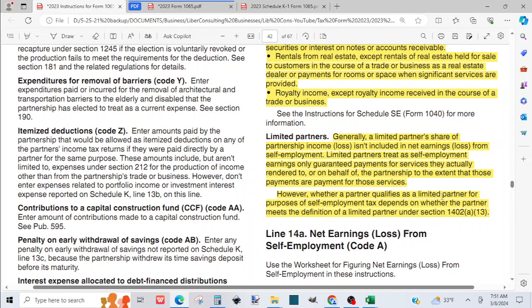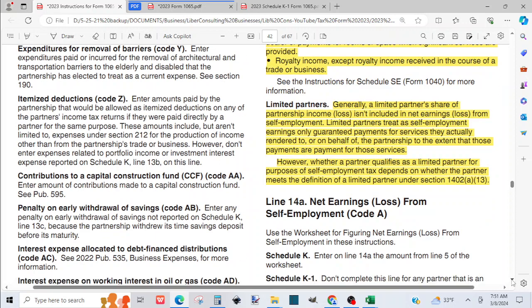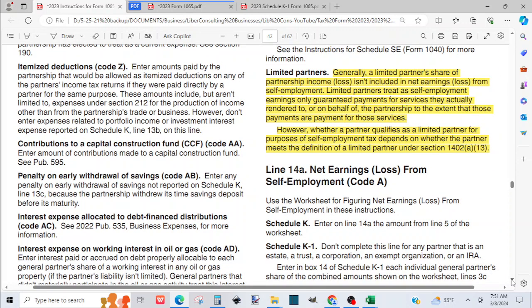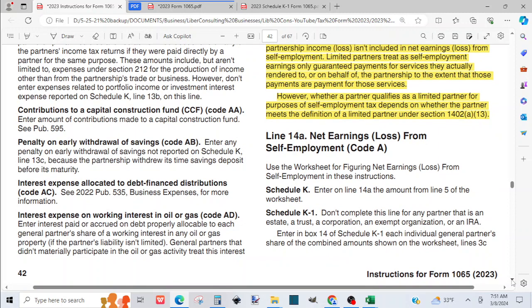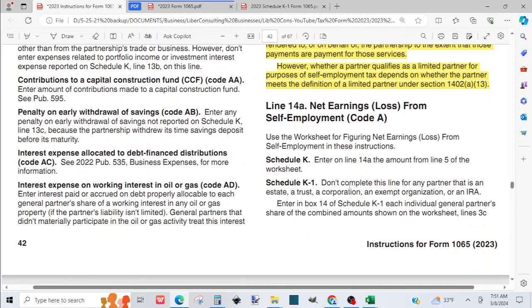And if you copy section 1402 and search it on Google, you should be able to find the tax law related to it and read about it. And then you have that. So, use the worksheet below to